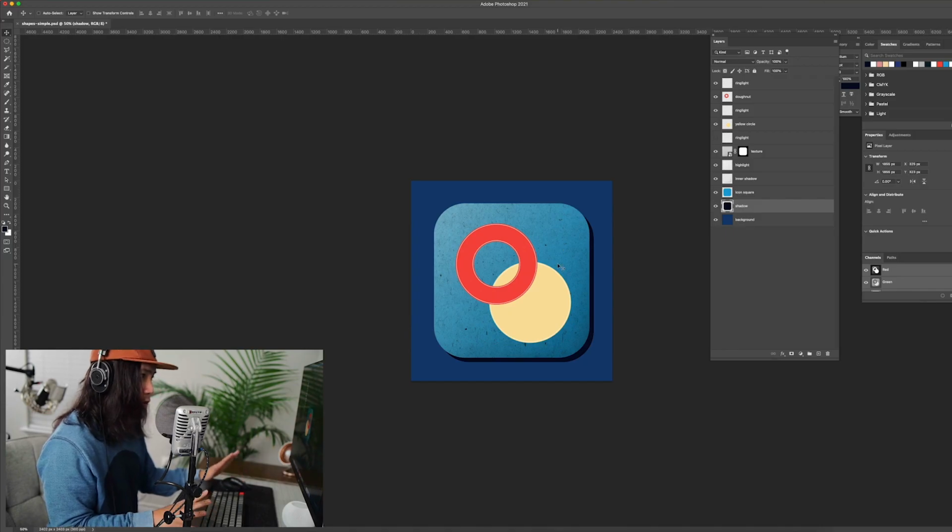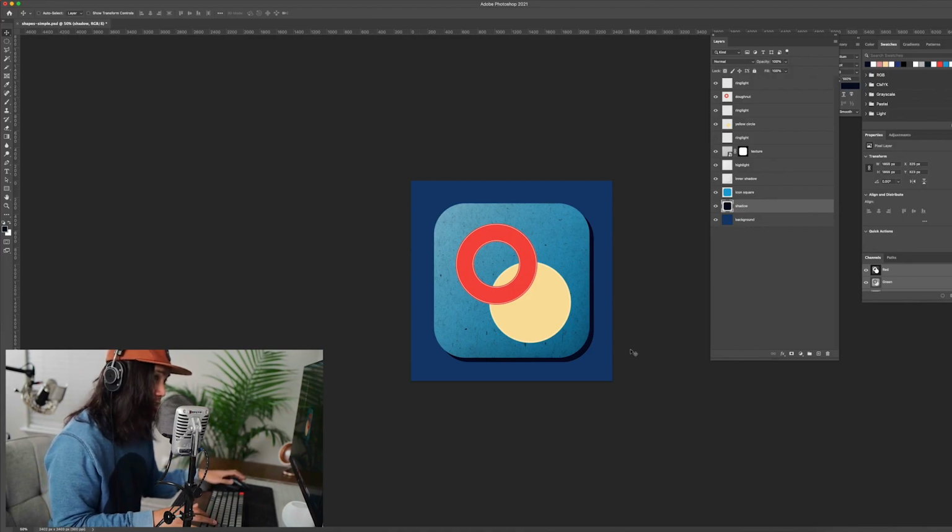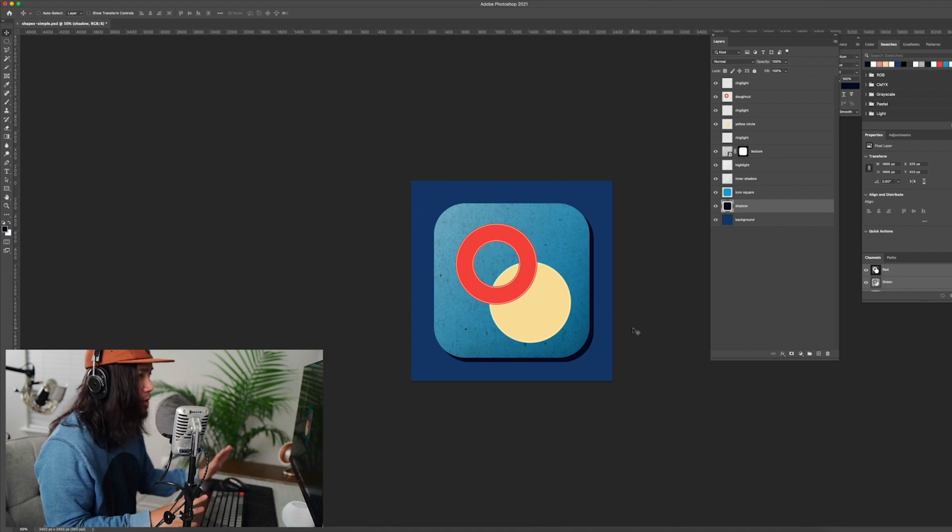Cool. Remember our light source, right? So if the light's coming from the top left-hand corner, that means it's going to cast a shadow down to the bottom right there. So if your lighting makes sense, your illustration makes sense, and things look super awesome. Some of you might be wondering, why am I not using the drop shadow tool, which is this FX